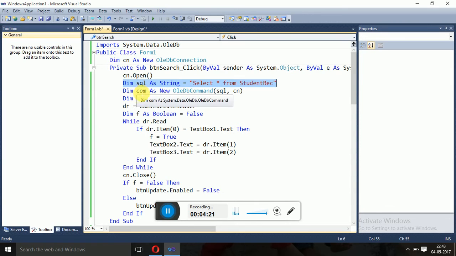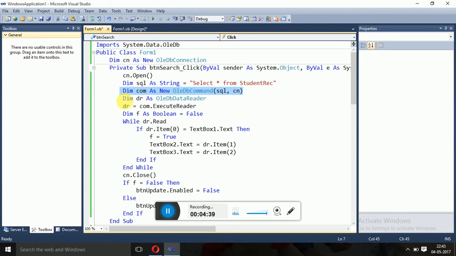Now we are using the command object. We have made the object of command, dim com as new OLEDB command, in which we have assigned sql, that command, and then cn, the connection object.